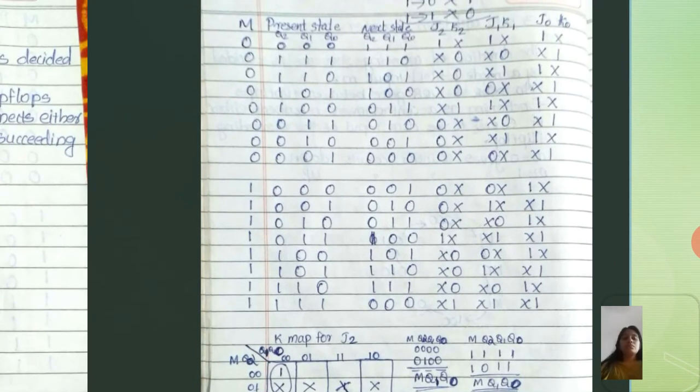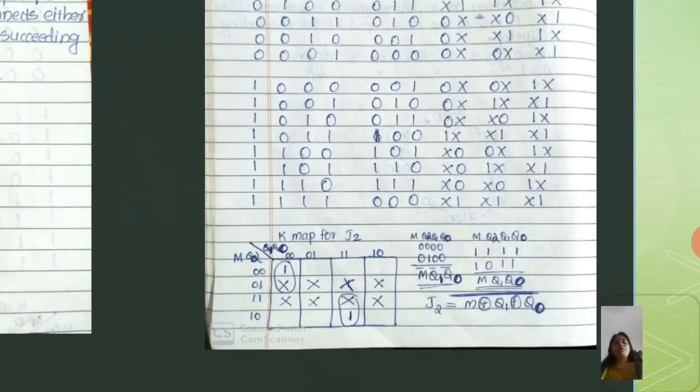For representing the present state and next state, you can depend on the state diagram. Based on that, you can write it down. Once you get a next state, that will be the present state for another combination or another movement. Okay, this is all about our next state table.